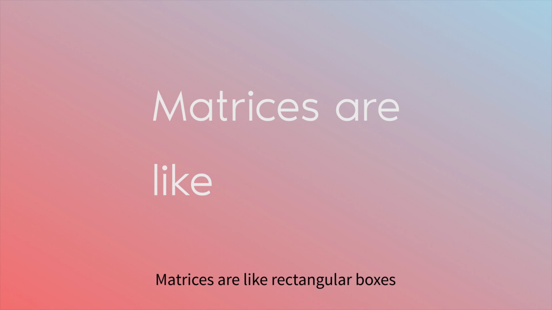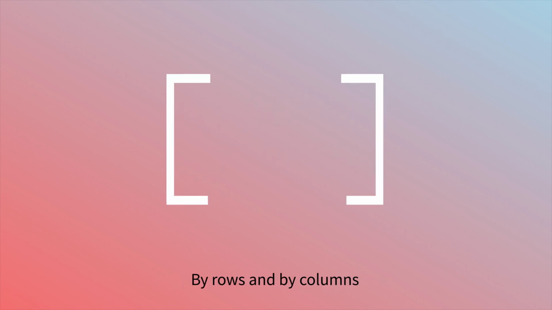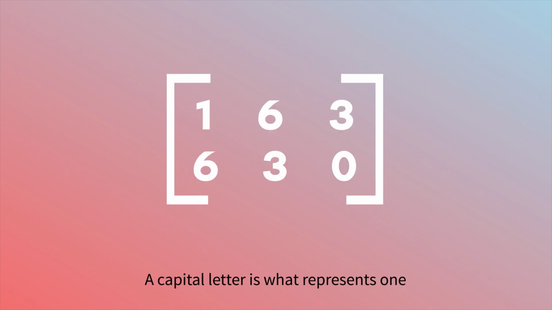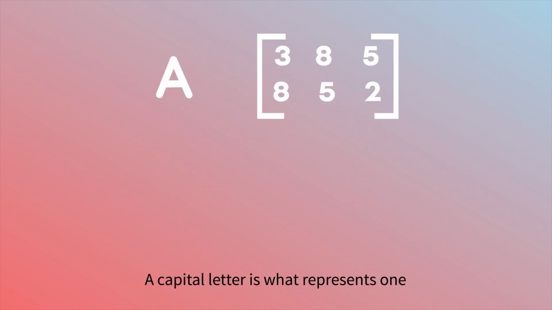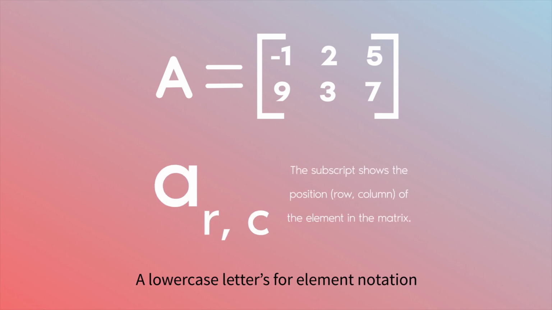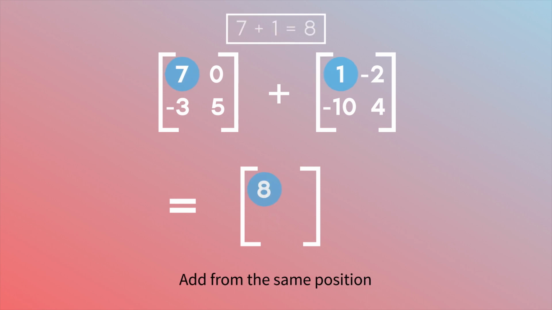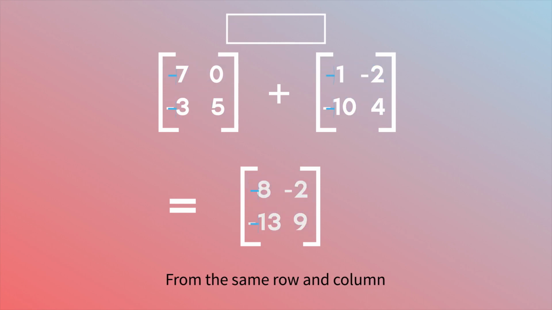Matrices are like rectangular boxes with numbers arranged by rows and by columns. A capital letter is what represents one. A lowercase letter is for notation. When you are adding them, add from the same position, from the same row and column. Same goes for